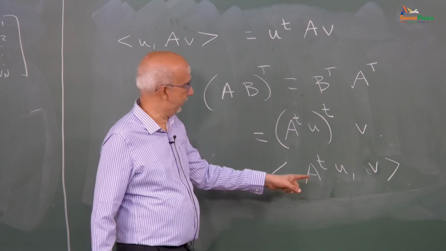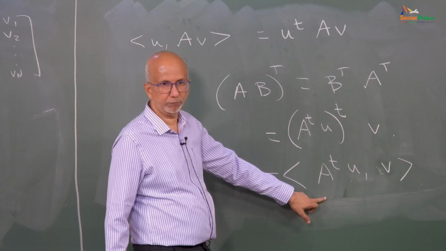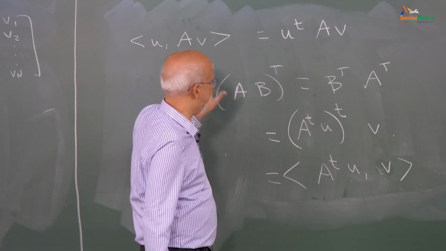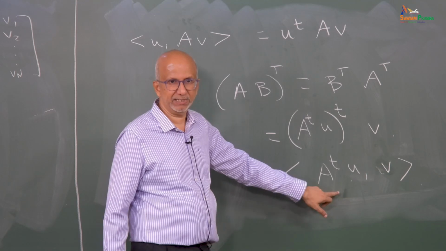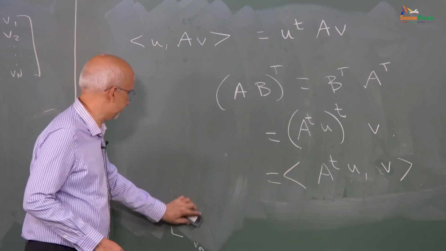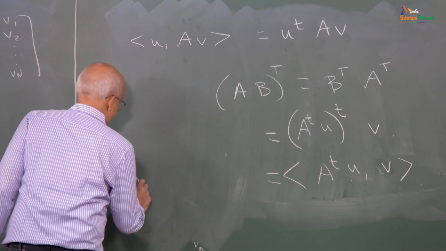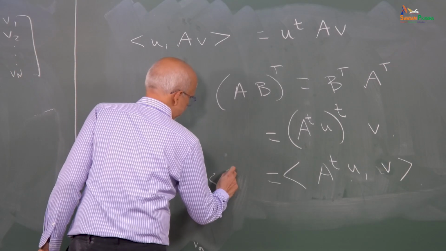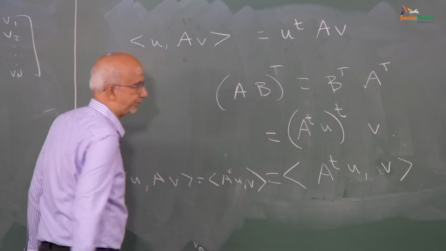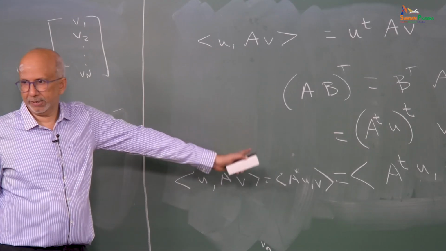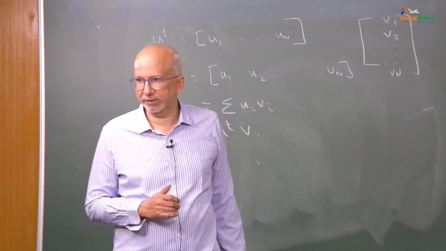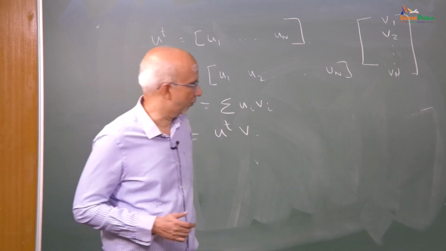So, I conclude that the adjoint for a real matrix operating on u and v which are real is going to be given by the transpose. By definition, what was the definition of the adjoint A star? The inner product of u with A v must be equal to the inner product of A star u with v. So, I compare, I get A star is equal to A transpose. Basically, the adjoint is equal to the transpose. So, I am a very nice guy. It is very easy to find the adjoint. You can just do the transpose.